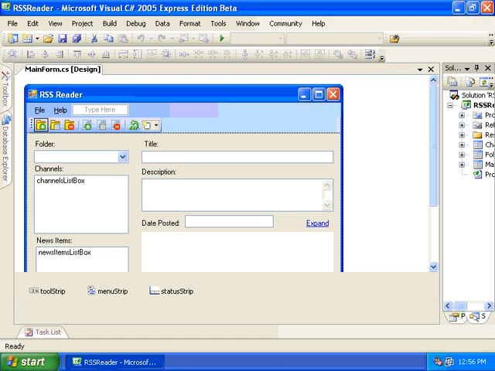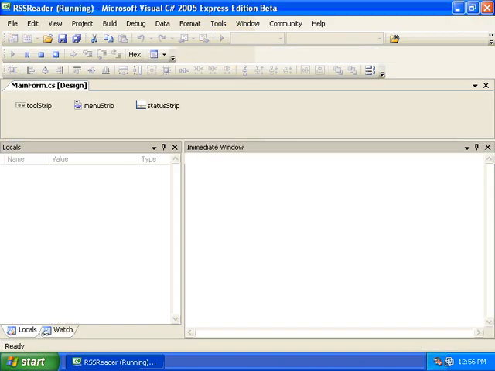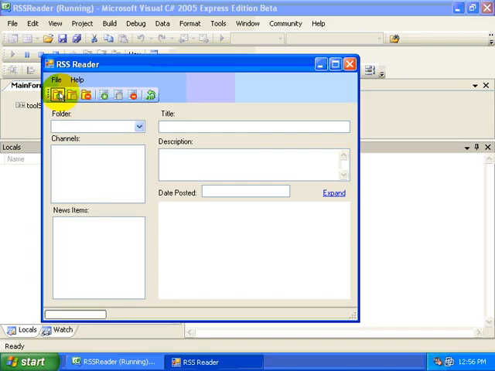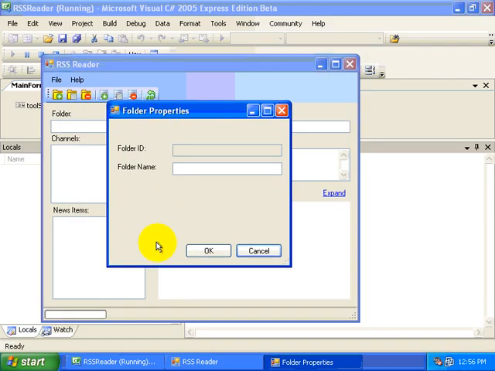Okay, so after about 45 minutes or so, we have snapshot number 2, and let's just demonstrate very quickly what the end result of this snapshot was. If you click on New Folder or Edit Folder, or if you click on Add Channel or Edit Channel, it'll pop open one of the property